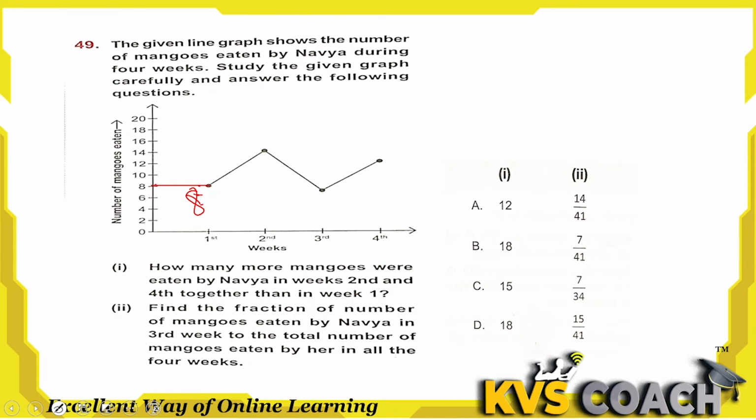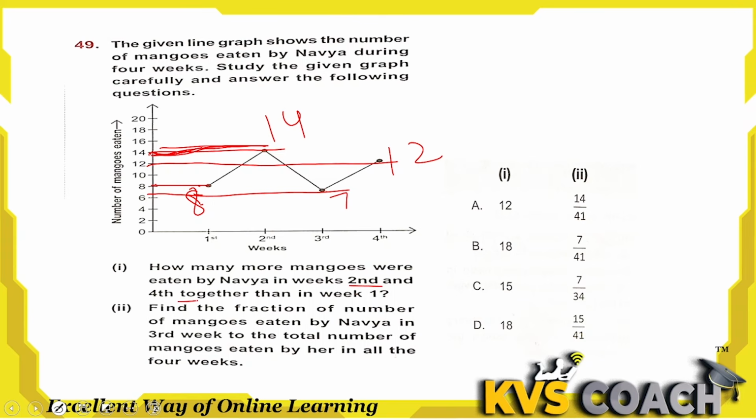This part is 12, this is 14, this is 8, and this part is in the middle of 8 and 6. This is 7 actually. So how many more mangoes were eaten by Navya in week 2nd and 4th together